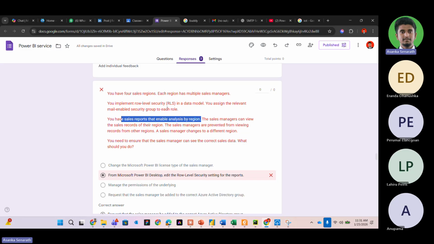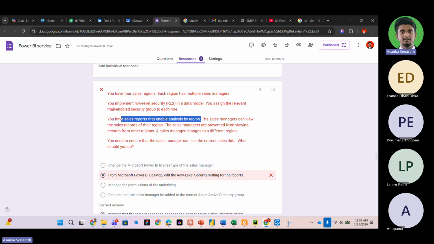Usually, the Active Directory group is not created by you. You have to convey that to the 365 admin, your office admin. The IT admin has to be doing that, right? Ideally you should not do it, but in this case, you have to raise this concern to the IT manager that the sales manager has been transferred from Kandy to Colombo. So you have to change this Active Directory. You have to remove him from the Kandy Active Directory, and add him to the Colombo Active Directory. Then he will be able to view those data, right?